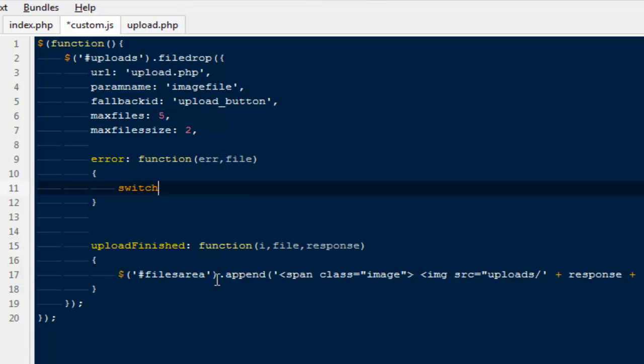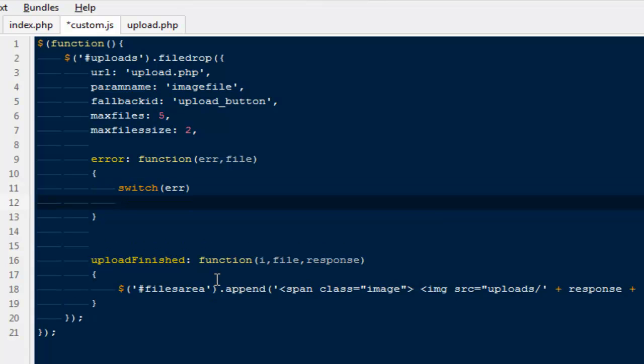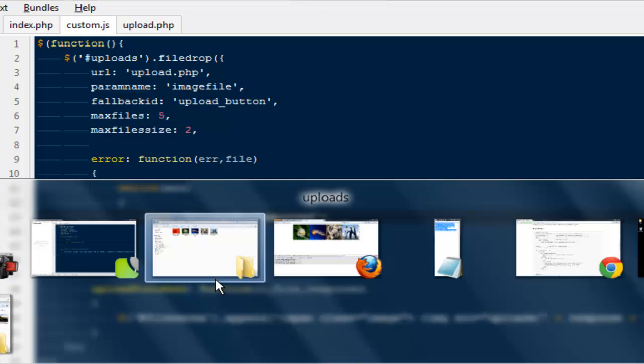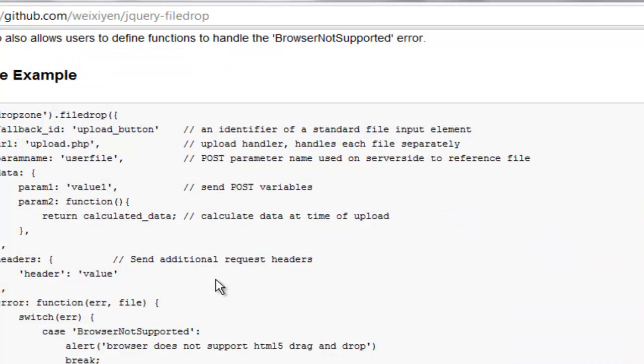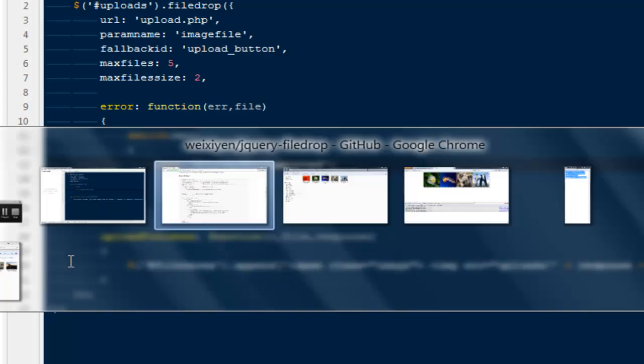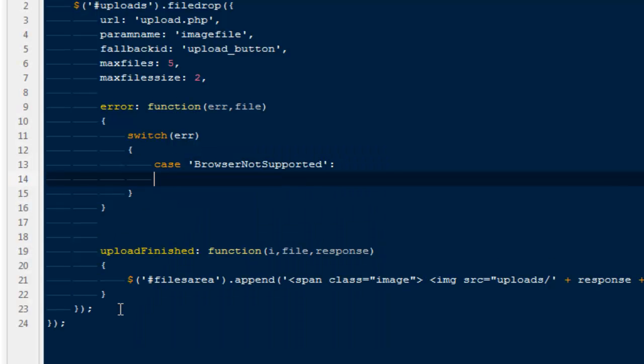So we're going to run some switch statements here. So I'm going to say switch the error. They're going to be the very first case. And the case would be browser not supported. Okay, and if you guys want, you can actually check out the entire list of errors that you can check. So there is a switch, browser not supported. Okay, and there is too many files, too large, so you can actually check all of them. So right now I'm gonna work with browser not supported, and instead of saying alert, I'm gonna say